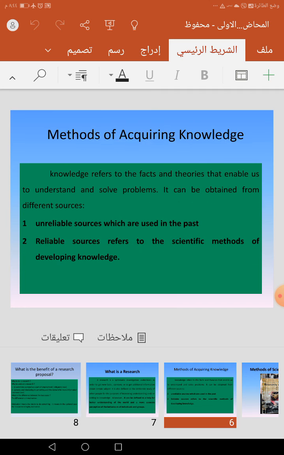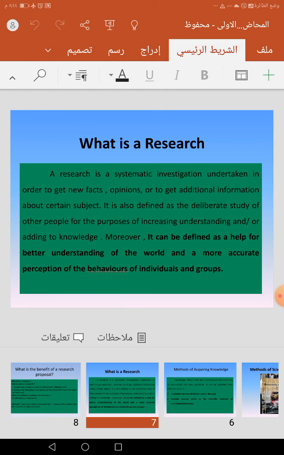So, research, scientific research, is one of the reliable sources. A research is a systematic investigation undertaken in order to get new facts, opinions, or to get traditional information